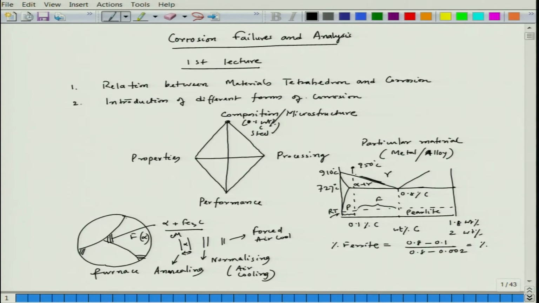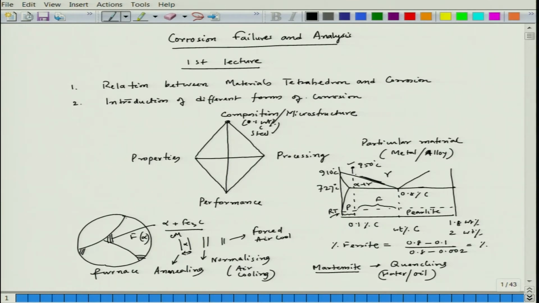Now, if you take the sample from here and then quench it in oil or water, which is kept at room temperature, we would get martensite. So, when we get martensite, we have that particular heat treatment called quenching. Okay. So, this is water or oil quenching, fine.